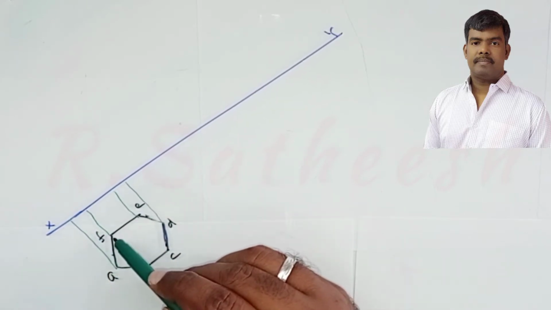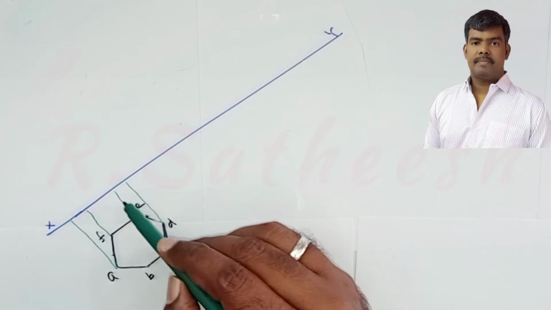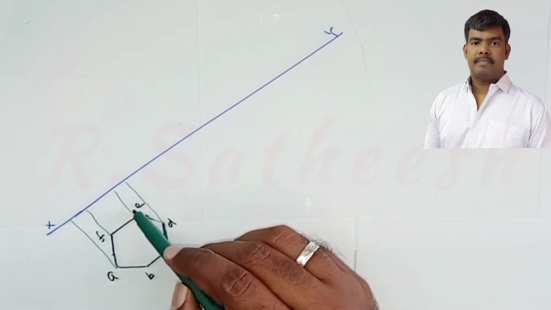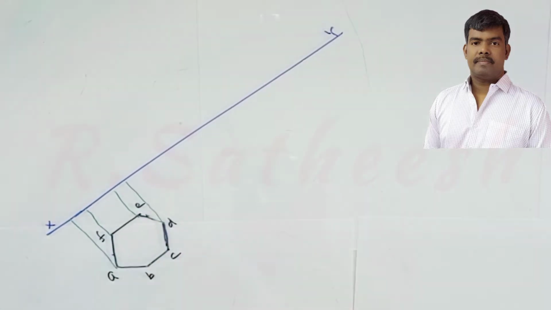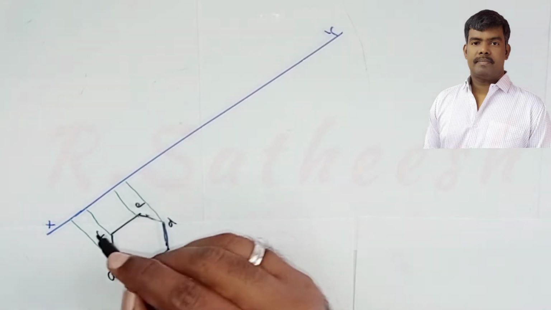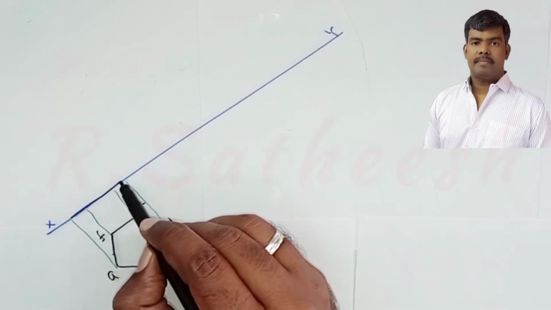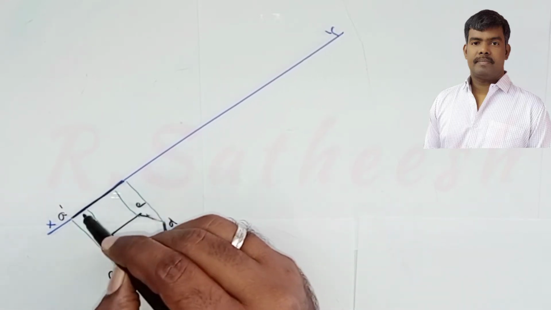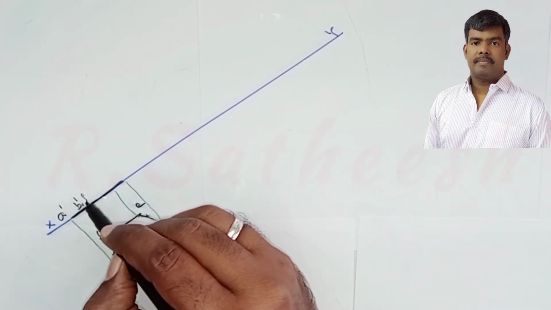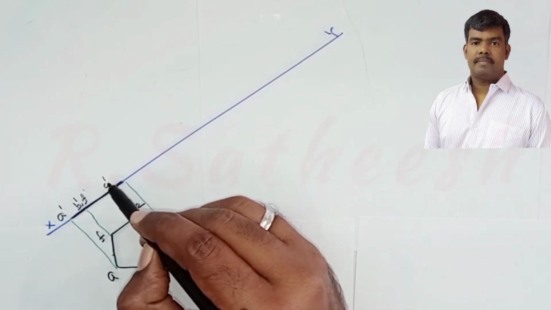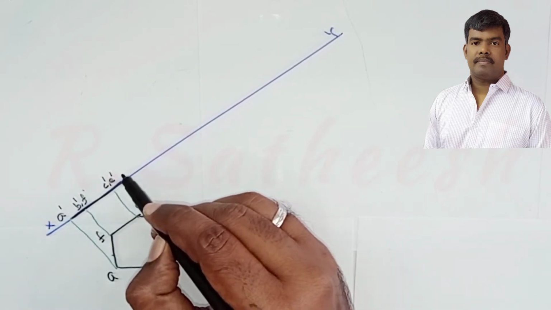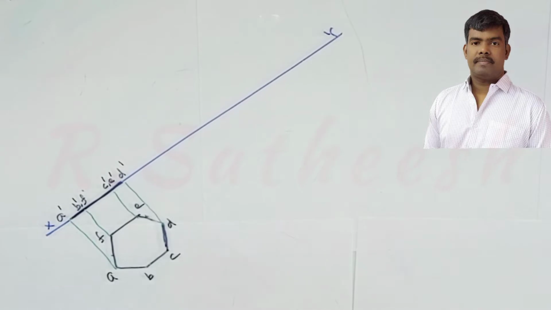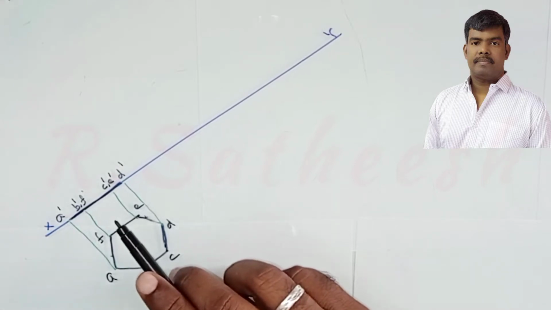So from F it is the same, from B also, from E also; C and E both coincide, no problem. So now your front view lies completely on XY. So this one is A dash, B dash, F dash, C dash, E dash and D dash. Before inclination the plane lies completely on HP. Therefore top view, then front view.